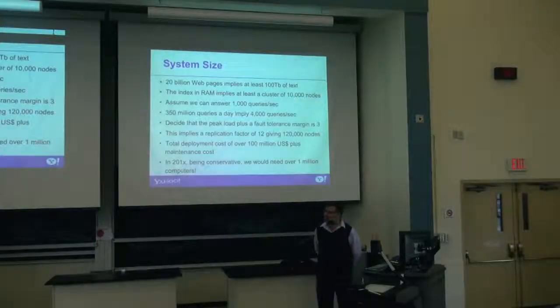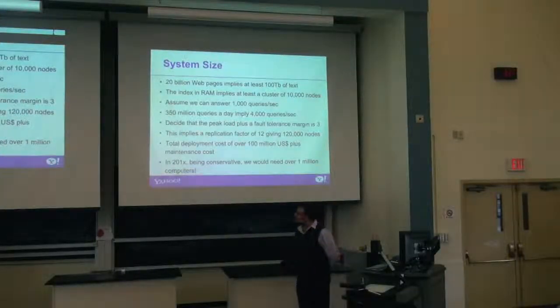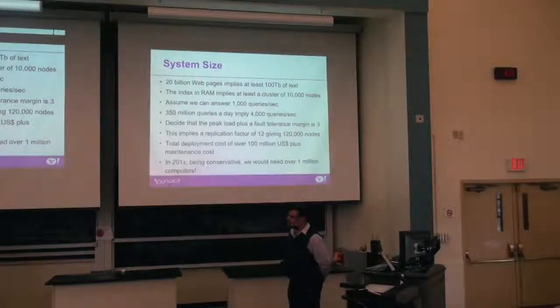No, I have it here, so you can tell me what's the question. Good. So it says 20 billion pages, 10,000 nodes, right? So it should be around 2 million web pages for a single node, right? If you have it in memory, yes. It's assuming you have it in memory. Yeah, I mean 2 million pages per node, right? I guess so, yes. Then why would you bother about caching at this point? Because 2 million is just a very small collection.